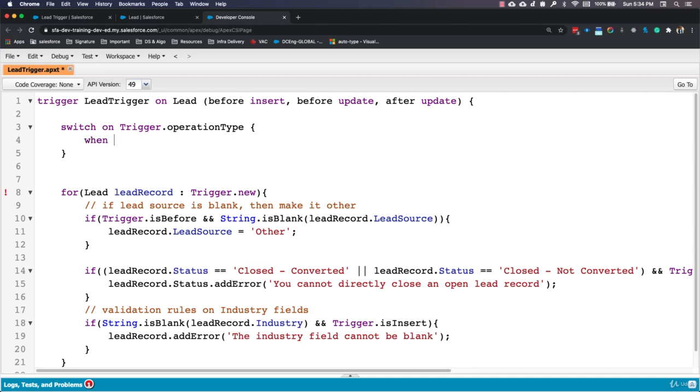Let's find out which of this logic should go to insert operation first. If the lead source is blank, then we set it to other, so this logic should go inside the insert operation, and this should go to update operation as well. And if you are modifying the lead status from open to closed, this should only go to the update event. The last one is about the industry field, which again can go inside the insert event. So if this operation type is before insert,